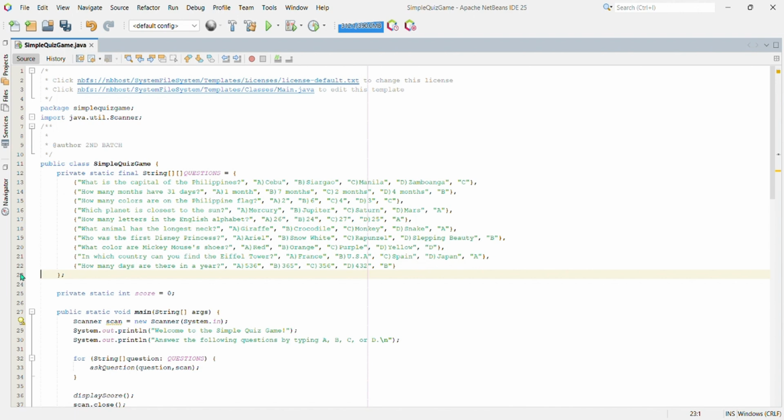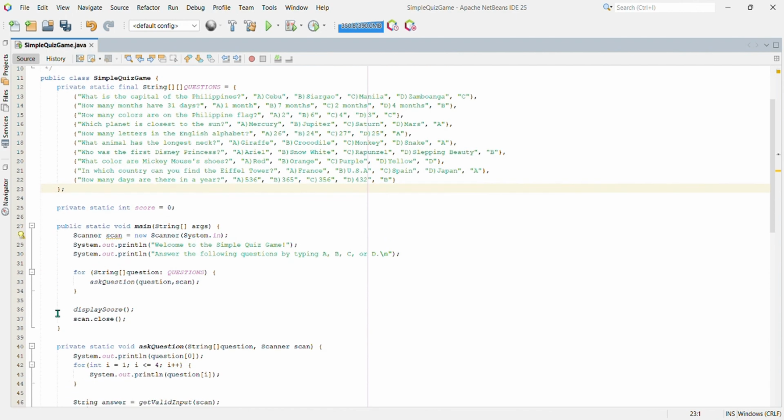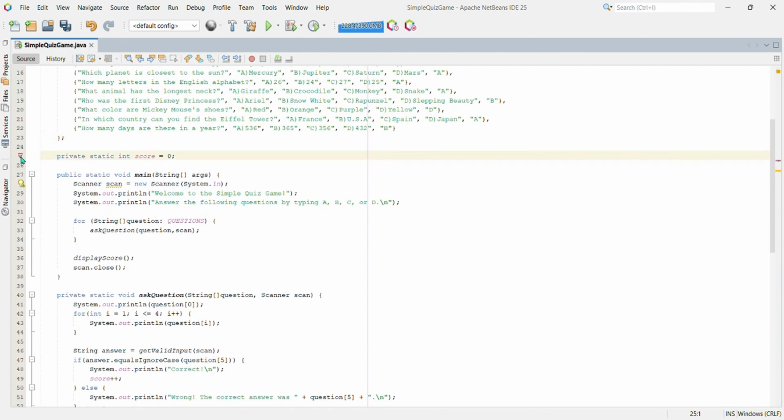This line closes the questions array declaration. And this is to declare a private static variable called score, which will keep track of the player score. And it is initialized to 0.